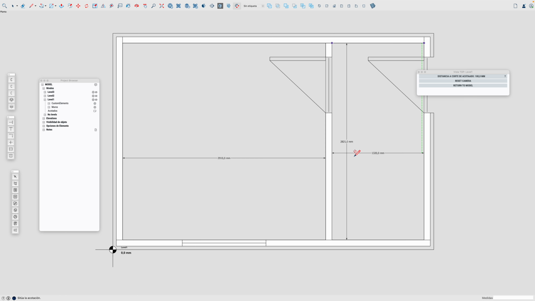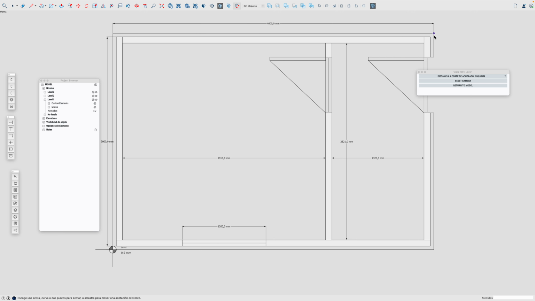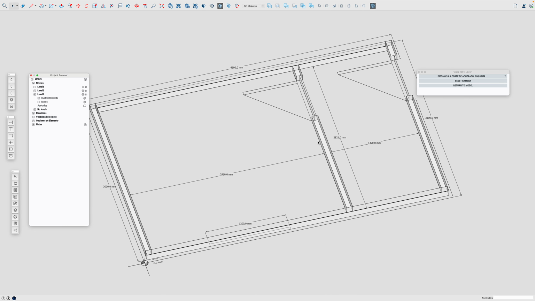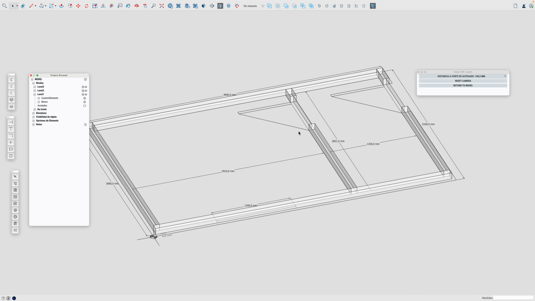So I apply dimensions here, and I can dimension almost everything I want. I can also use the X to work with X-rays in case I need it. I will dimension the plan which is below, everything. Let me show you how this works. It's a view, but it also will orbit the camera. So you can see that it's applying a slice